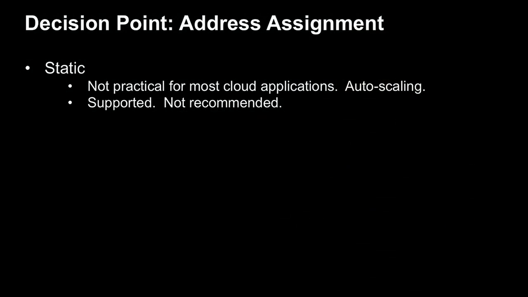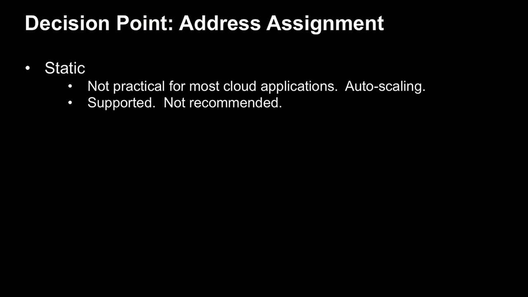Now the question is, how will it be assigned? Well, we could use static IP addresses, but it turns out that's really painful in the cloud. Folks have essentially ephemeral infrastructures. They're scaling up, they're scaling down. Autoscaling is really hard when you have static IP addresses. Now, our infrastructure will support it, but it's not a mode that we recommend or that we expect most customers